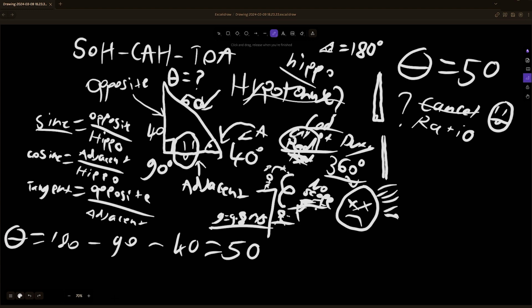What do we do? How do we find that? Aha! Now you know. Now you've come back here. So, what do we got? We got the opposite and the hypotenuse. Is it hippo? That's sine. So, what is opposite hippo? Opposite is here, 40. Hippo is 50. What is 40 divided by 50? 4 divided by 50 equals